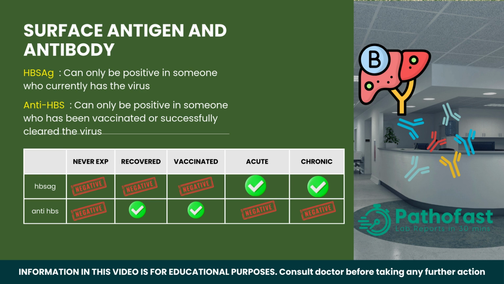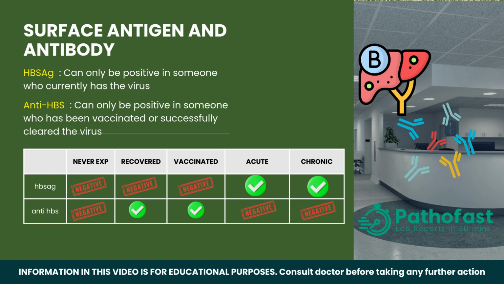Let's say that someone was never exposed to the virus. In that case, both the HBsAg and the anti-HBs will be negative. Let's say that someone has been exposed but they have recovered completely. Well, in this case, the HBsAg will be negative and the anti-HBs will be positive. It's the same if they were vaccinated. You're not going to get any HBsAg because the person was never infected, but because of the vaccination, the anti-HBs